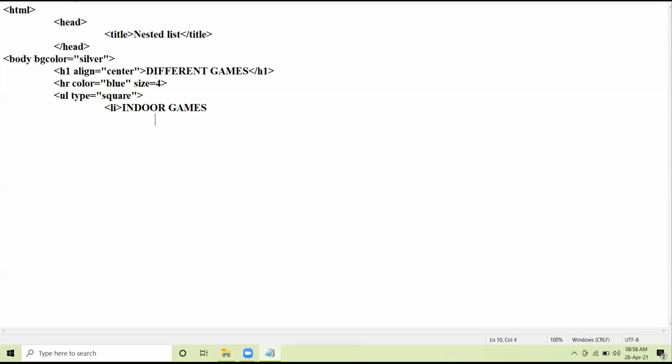Inside this, I am taking ordered list. Now my outer list is unordered list. My inner list is ordered list. So inside the first option of unordered list, I am taking the concept of nested list. So heading is indoor games.